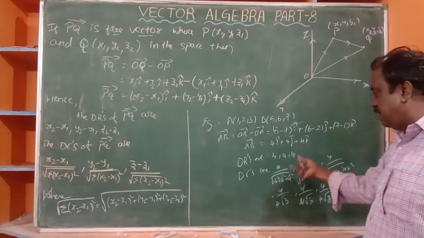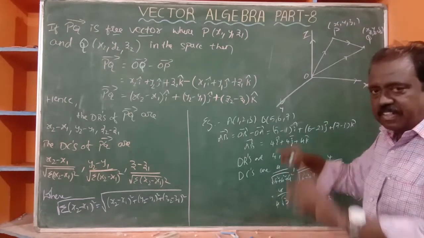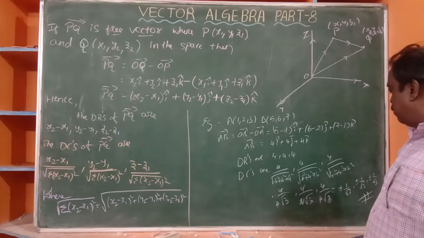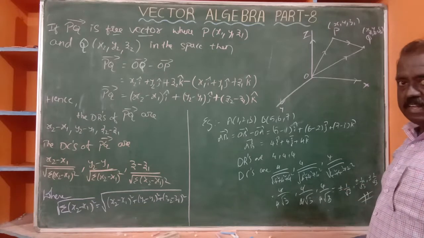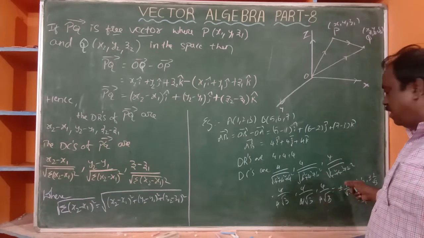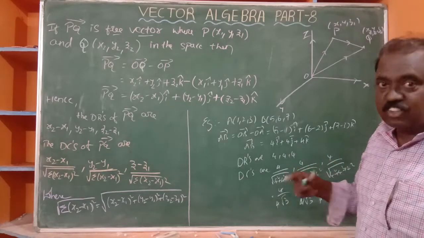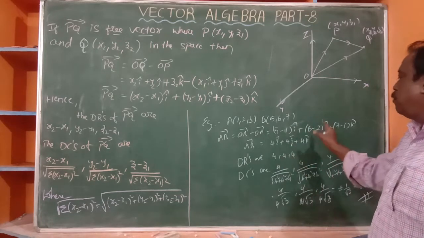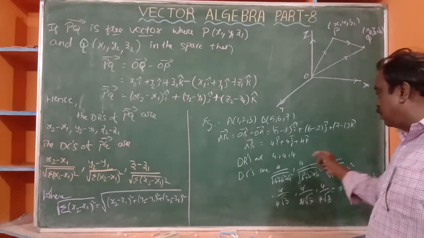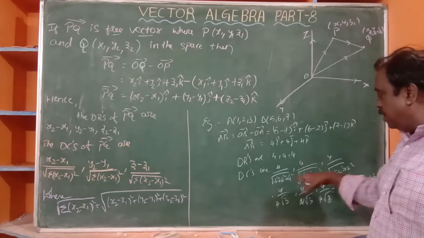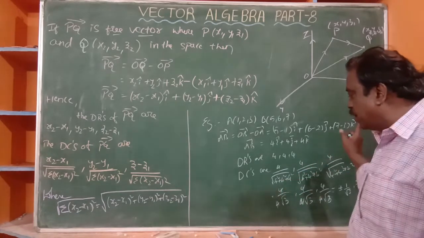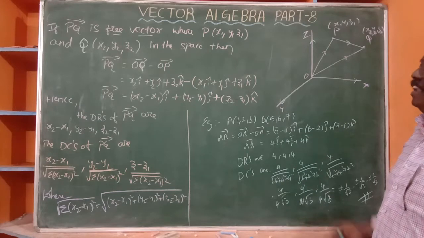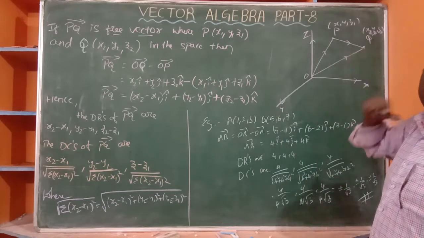The same DRs, the same components, but we are dividing with the square root of its length. We are dividing with the length. But here we will get a plus or minus. Okay? That is the difference. Later we will discuss this in geometry, but here it is very simple. DRs, the components, we are dividing the components with the square root of the sum of squares of components. Like that we will get DCs and the length also of any free vector.